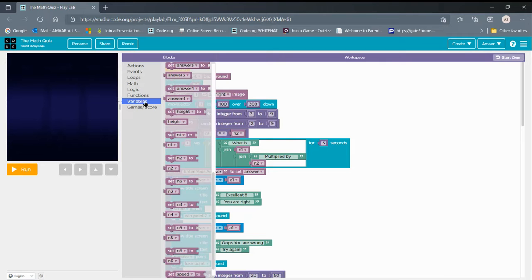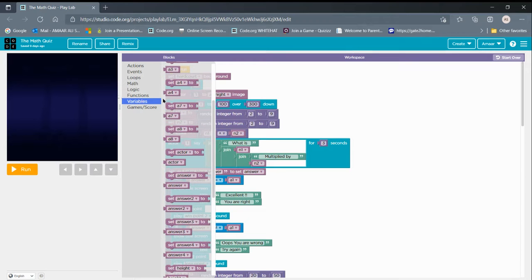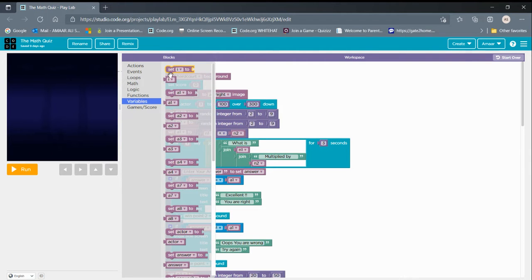Now go to variables. There will be this option, set I to.